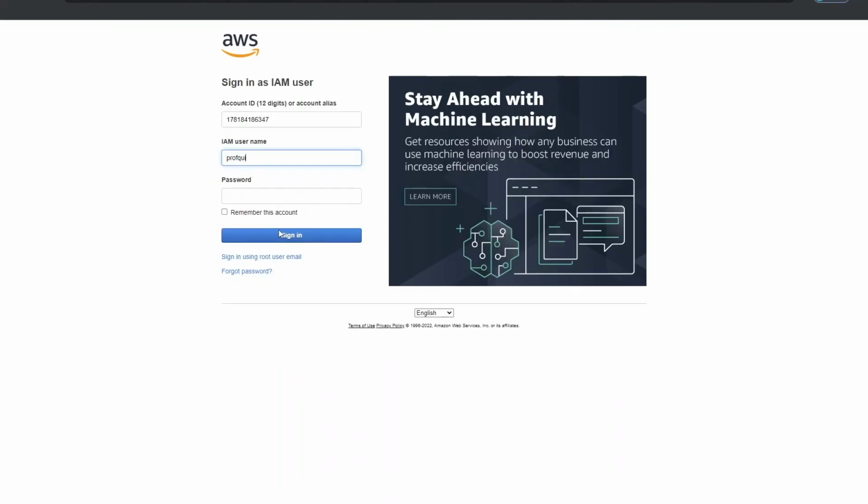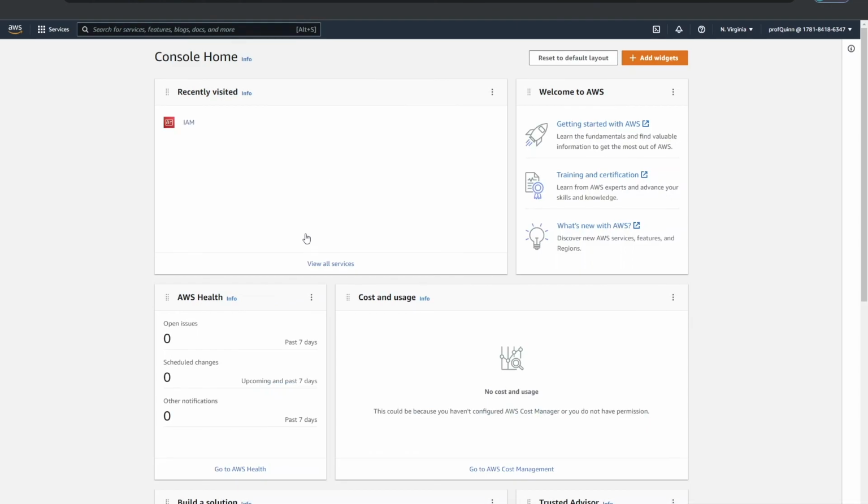Then I'll type the username and the password. I'll click Sign In, and I'm signed into the account that I just created.